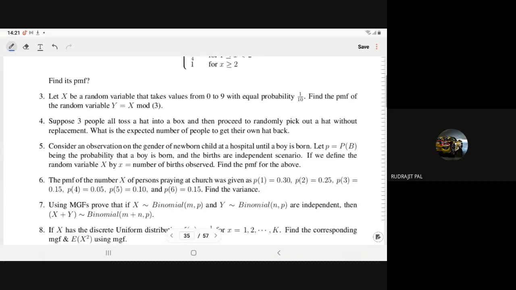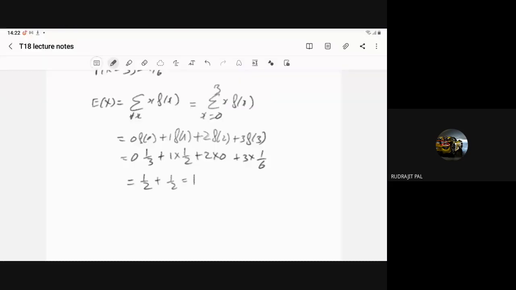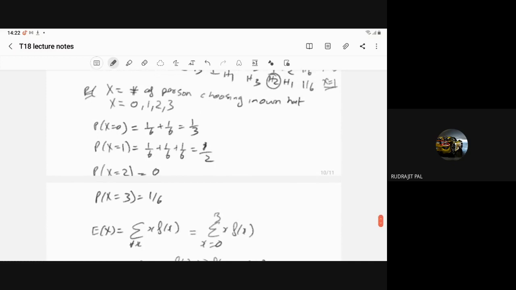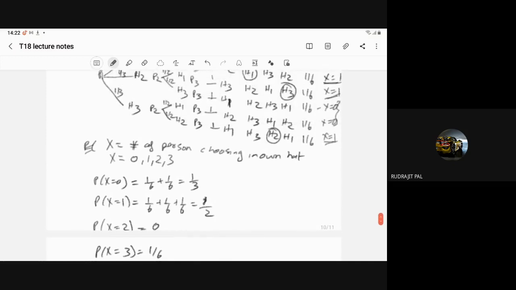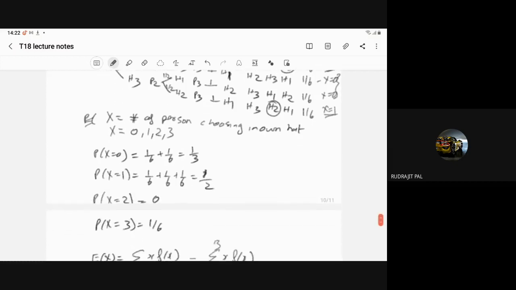Clear? Doubt? Yes. So for finding the probabilities, do we have to make this tree diagram every time? Not necessary. I have made this just to explain. It is not necessary, because the first part where X is equal to 0 is like you have three cards and three envelopes and none of them goes to the right envelope. Definitely, that type of thing. Okay, sir. But to define the random variable is mandatory. Yes, sir.